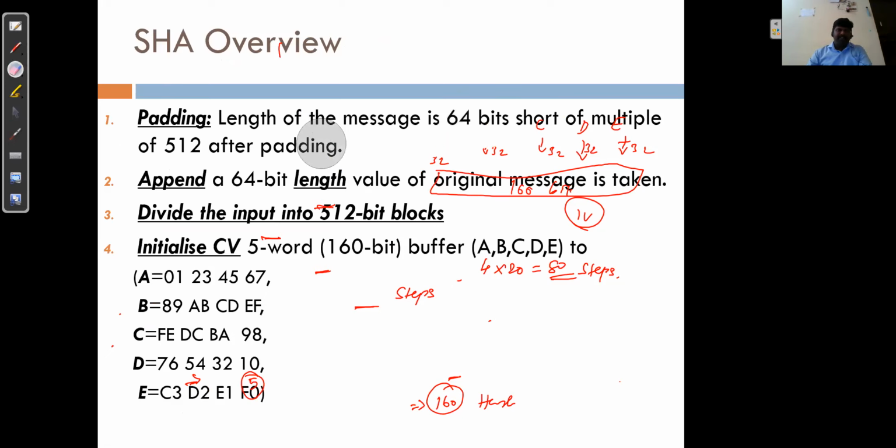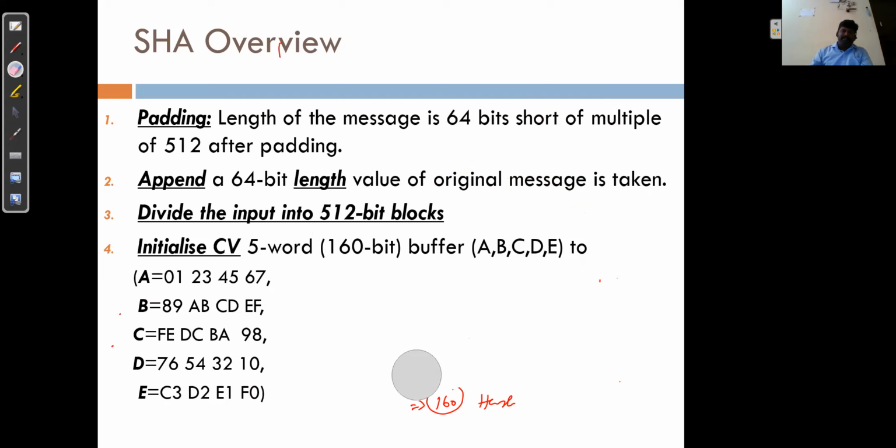Okay, so the logic I explained for MD5 is the same for this SHA1 algorithm. The first thing is padding bits. Before that, we need to divide into blocks. Again, append padding bits, which is 64-bit, and this is what I explained in the first step. Divide the input into 512-bit blocks, and then the chain values, which are the initialization vectors A, B, C, D, E. So this is the order. This is not a specific one, the user can define their own initial vector values, which can be in any order. There is no such kind of restriction.